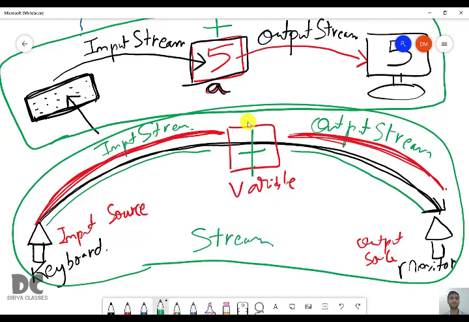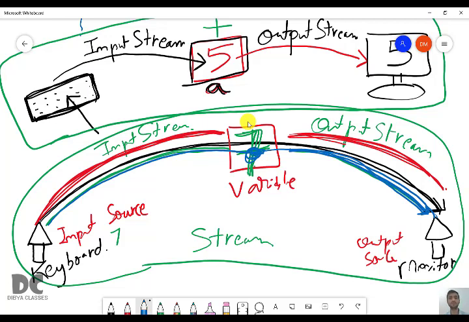So here the flow of data from one place to another place. How the data is flowing? So first, for example, you inputted 7 in your keyboard, and the data flew from keyboard to your variable, and the variable 7 was stored. Then it flew from your variable to the monitor when you wrote your print statement. So from here to here, then from here to the monitor. The whole process is called a stream, the flow of data from one place to another place.